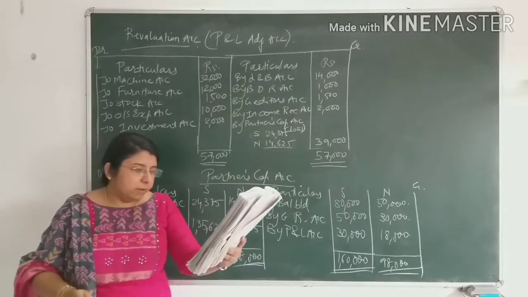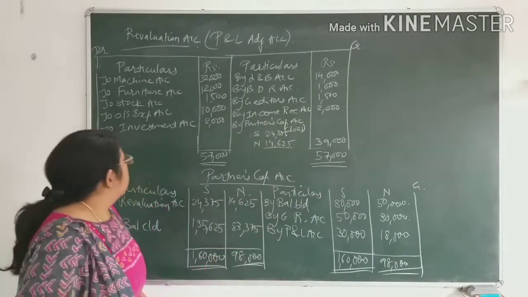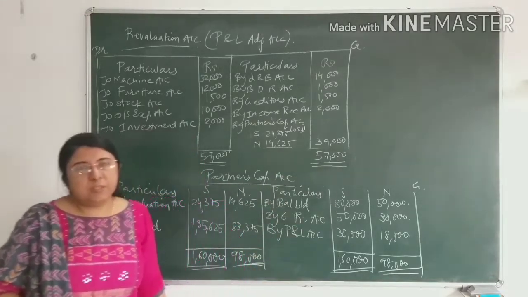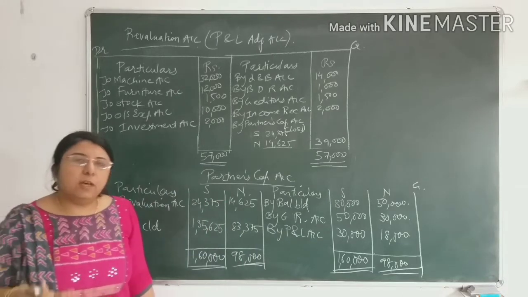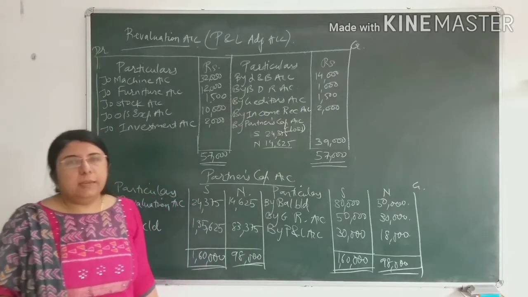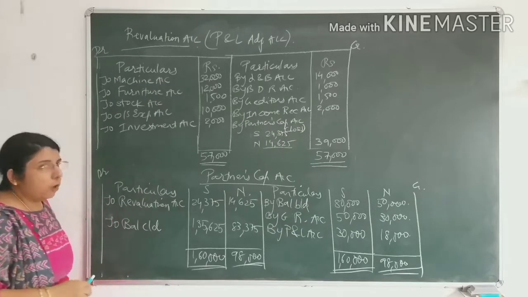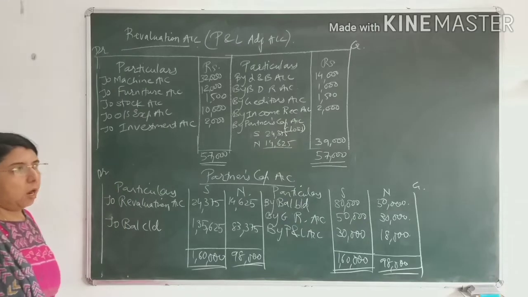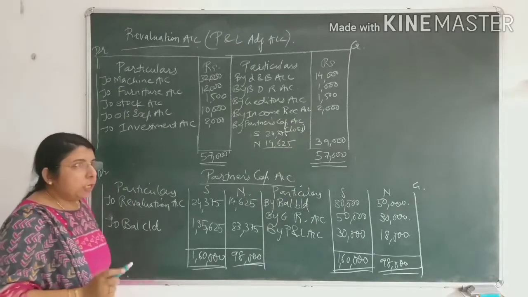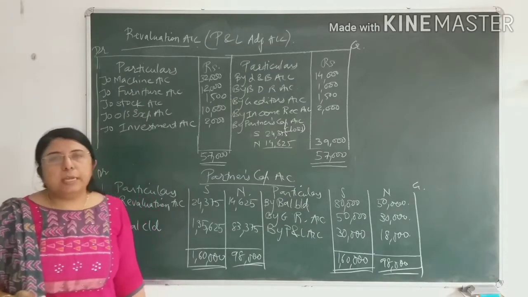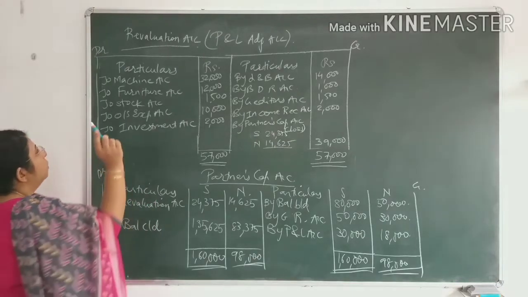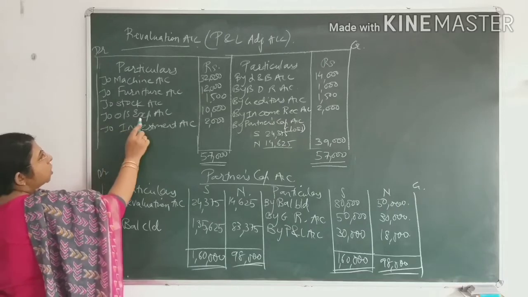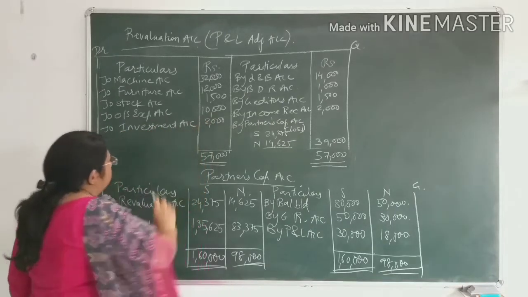Then afterwards we had written outstanding expense, that was rupees 10,000. Now outstanding expense is one kind of liability. If the liability increases, then it will be a loss to the firm. So loss will always be recorded on the debit side of the revaluation account. The journal entry was revaluation account debit to outstanding expense account credit. So on the debit side of the revaluation account, you will write the name of the opposite party, that is to outstanding expense account, that is 10,000.